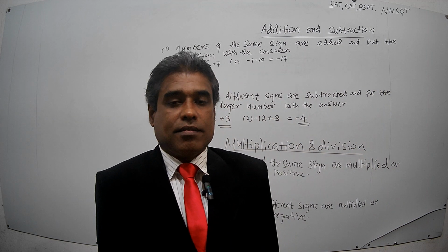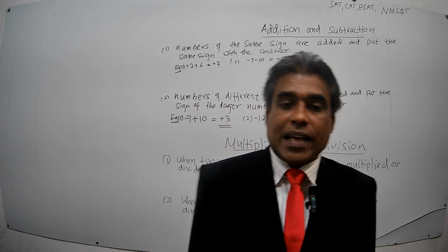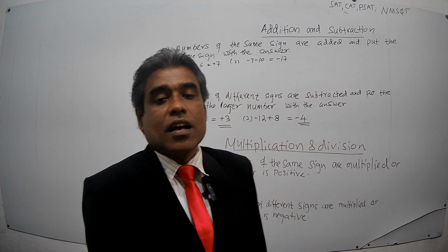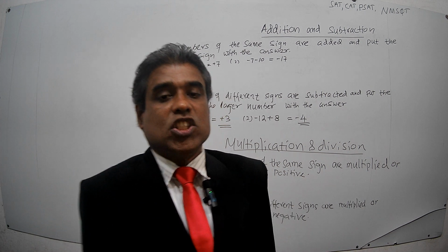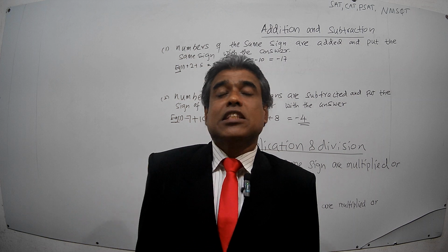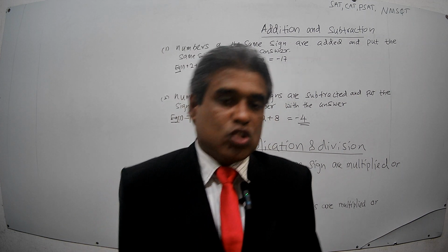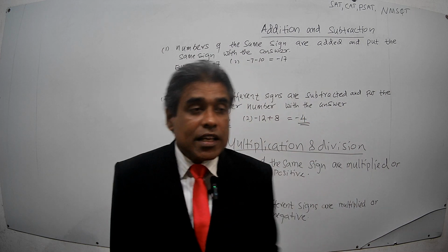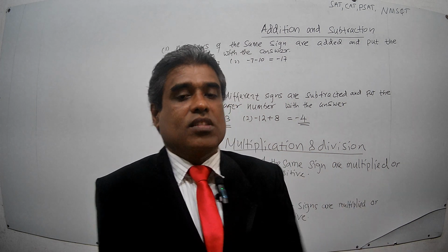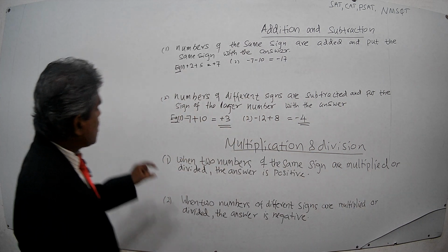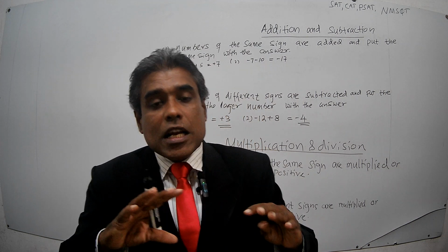That is how you do addition and subtraction of directed numbers. Now the next part. There is another pair of operations that can be executed with directed numbers. They are multiplication and division. Multiplication and division of directed numbers are also governed by two rules. Those rules also depend on whether the two numbers have different signs or the same signs. The first rule applies when the numbers to be multiplied or divided